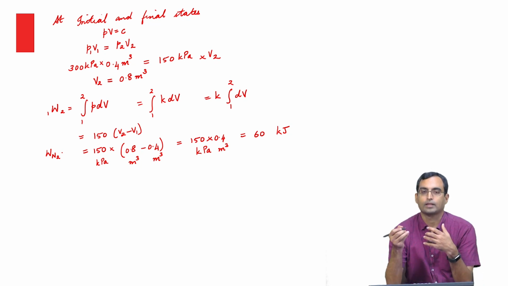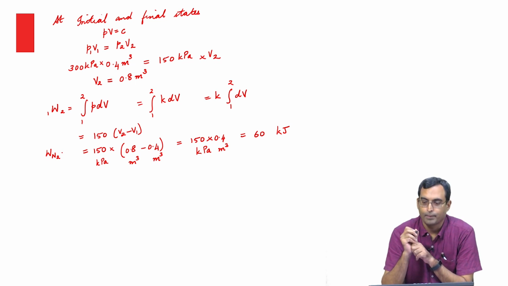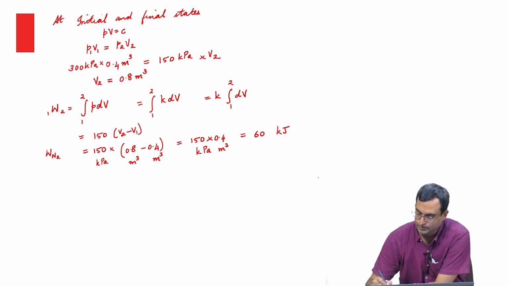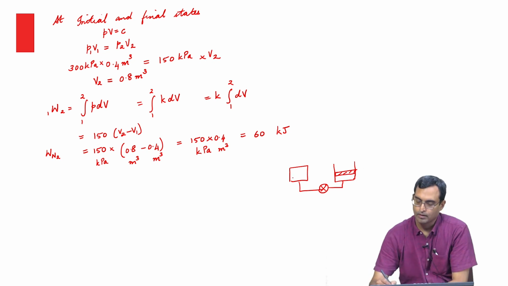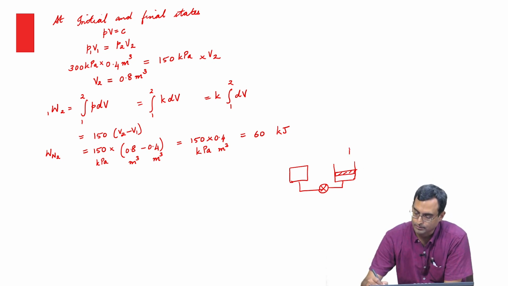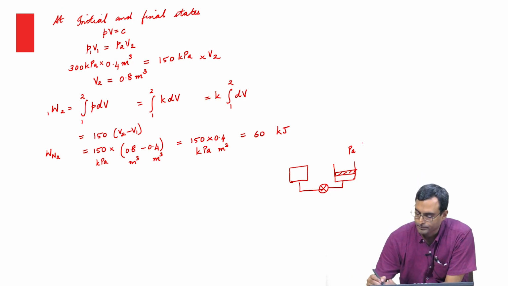This question does not ask for anything beyond this, it does not also give any more information beyond this, but what we would normally expect. So, we had this tank here, we had the valve, and we had the piston which was moving. So, if the pressure here was known, so let us assume for a moment that the pressure here was 100 kilopascal,